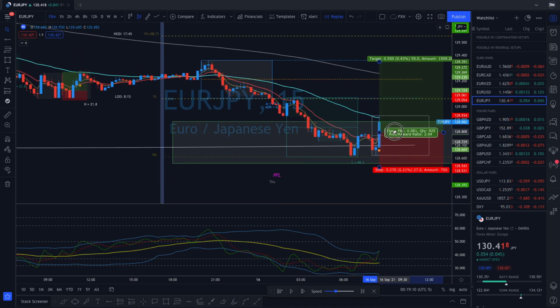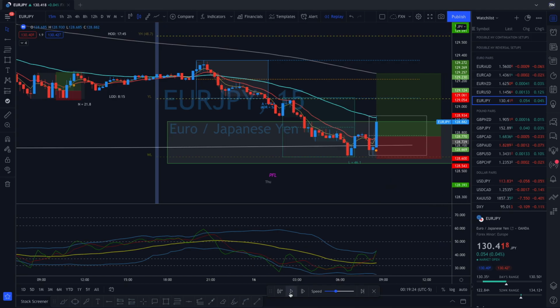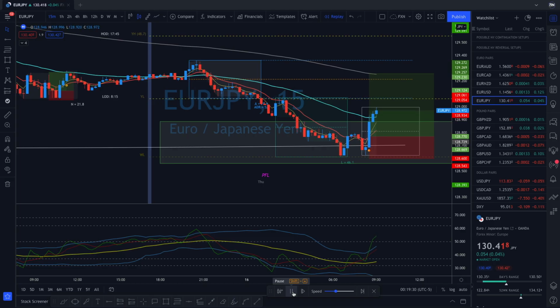Unless you get a pullback. A pullback to like here, half the candle. And that right there would make sense. That would be a way better trade right there. That would be the trade that I would take. No pullback. So